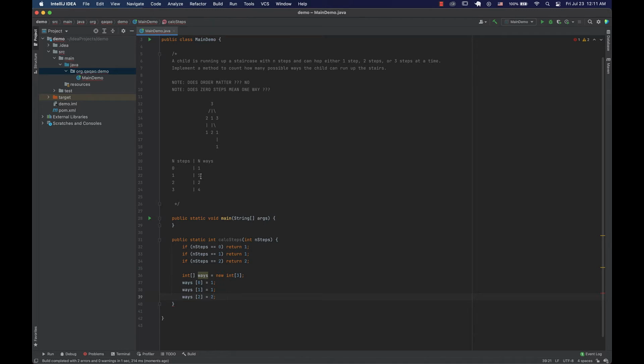So as you can see, I can take these values from a table right here, and the further we go up the stairs, we can see that third element right here represents a sum of the first and the second,